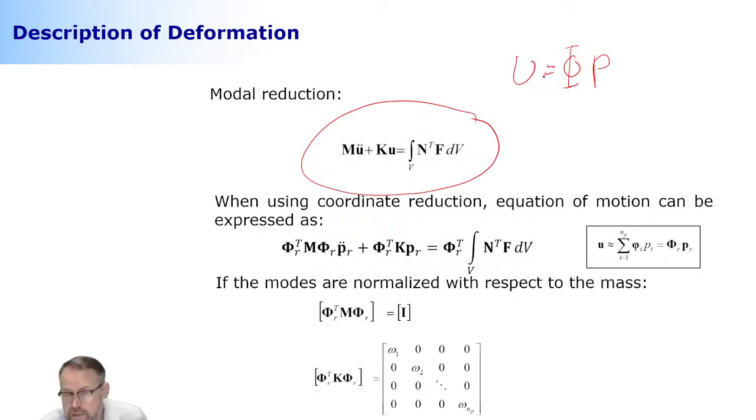Let's say that this is not exactly equal, but roughly an estimate, meaning that this vector can consist of the original 10,000 degrees of freedom we discussed earlier. This one is only 10 degrees of freedom. What happens when we do that? This one here is a matrix that consists of these deformation shapes, the ways the structure can deform, and these are the corresponding amplifications. Now when I substitute this information here, the equation can be written like this.